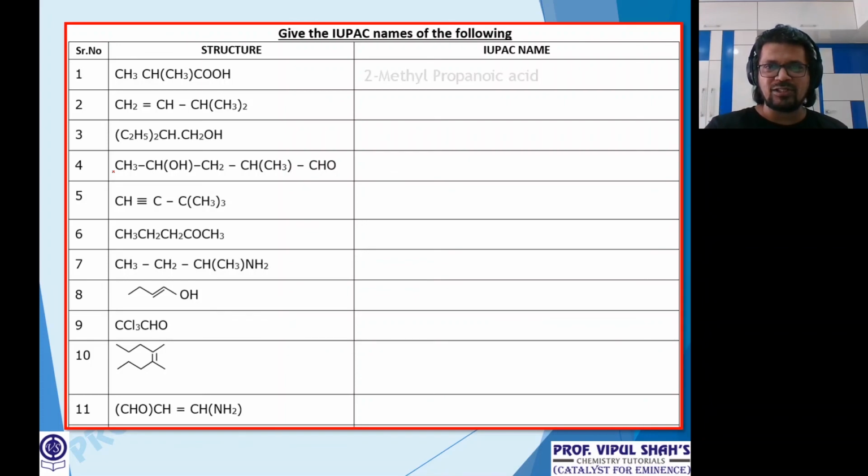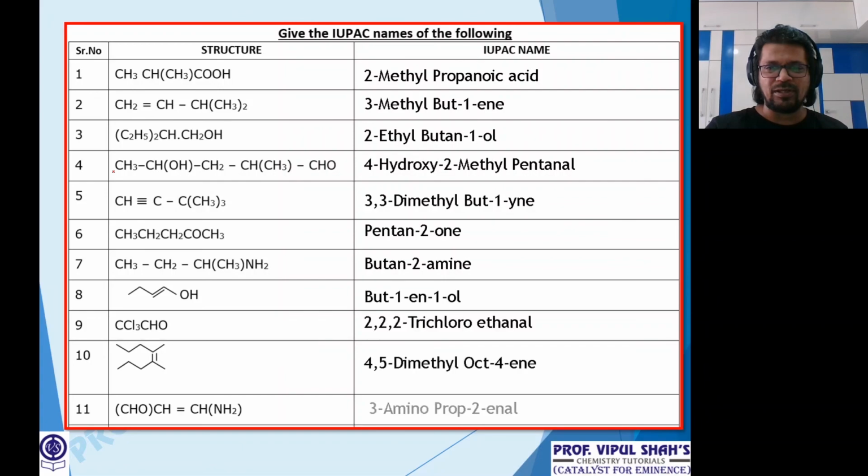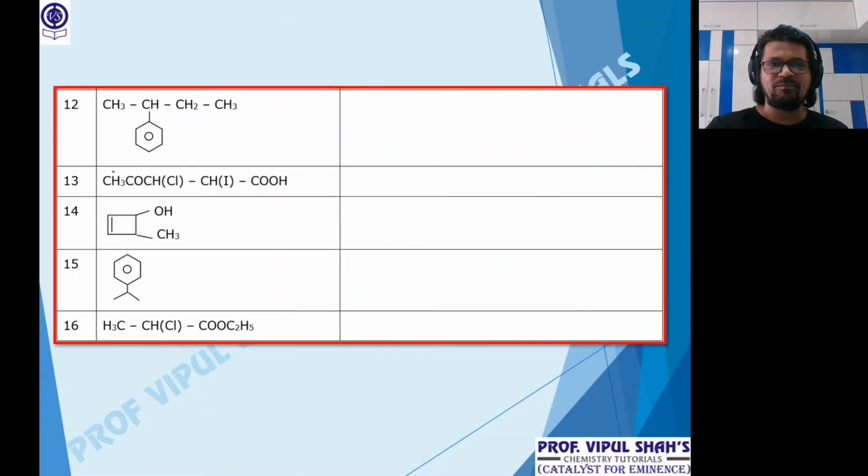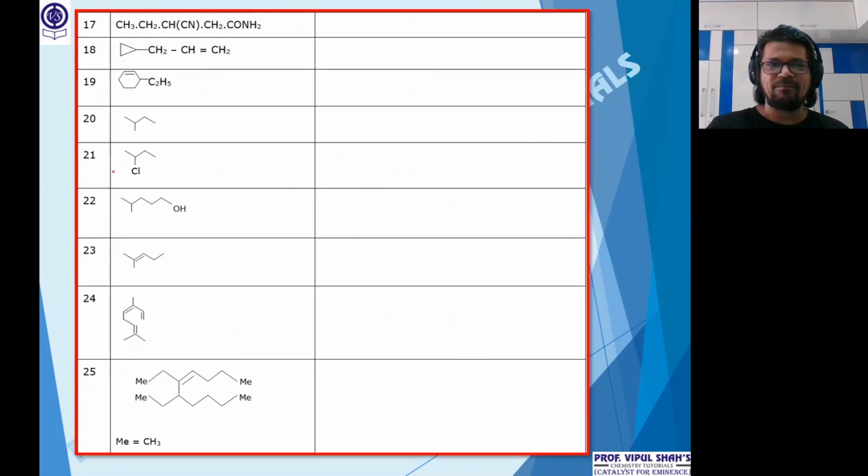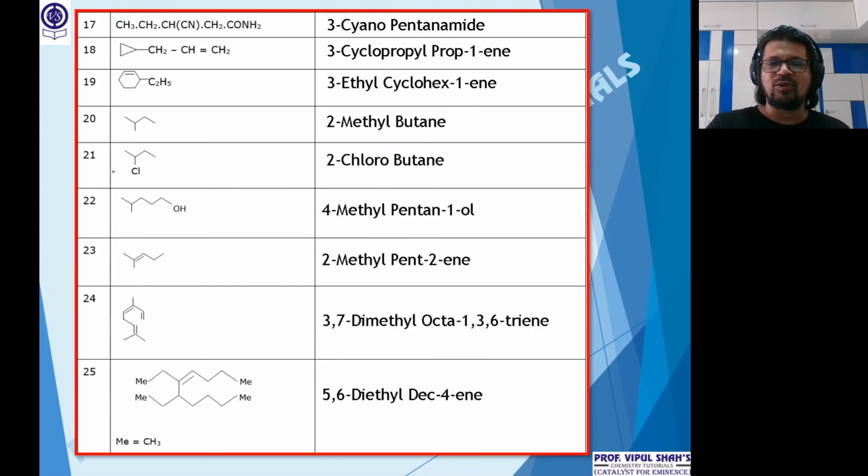I'm just going ahead so you get an idea. All the names are put up here. So these are 11. Then 4 more here, so that's 16. And then I have given all the mixed parts. You have some proper formula, some condensed formula, some bond line formula, and like that, all the names are put up over there. Okay, this is what you need to complete. I'll put up the doubts there.